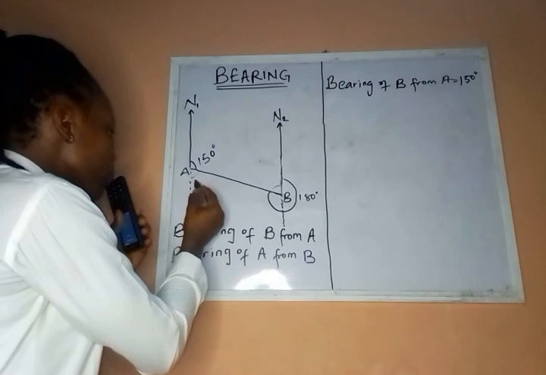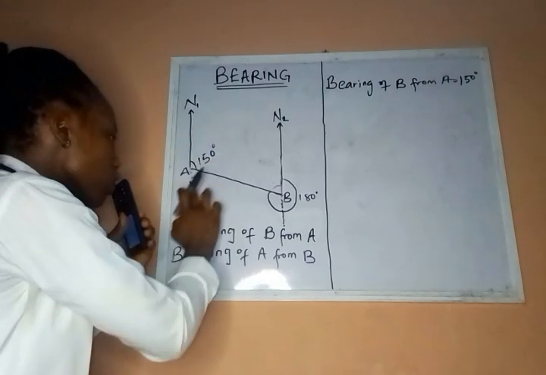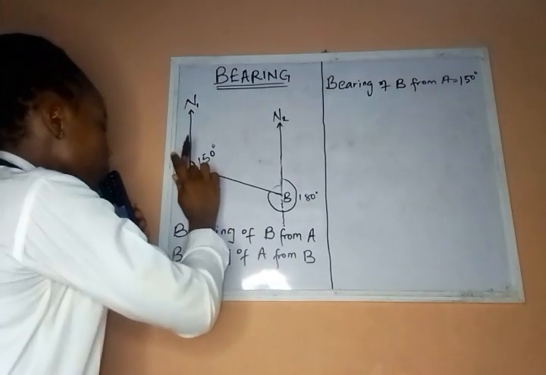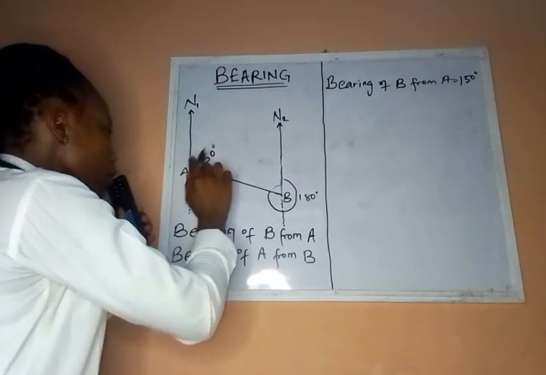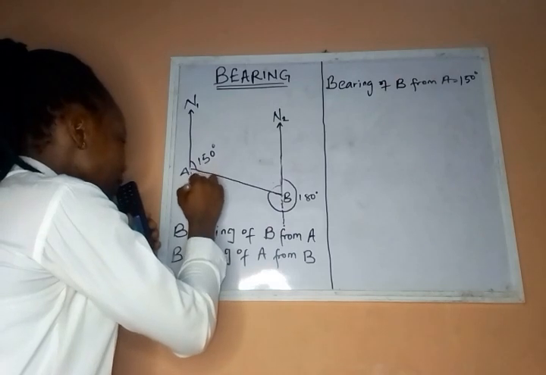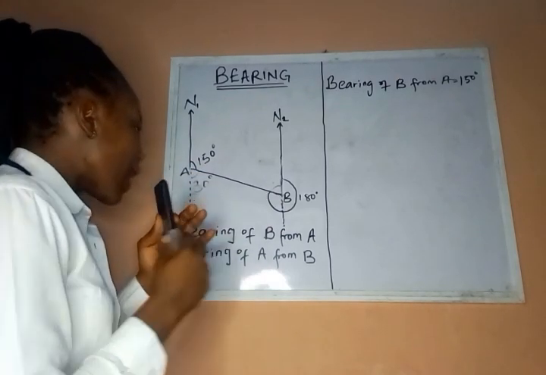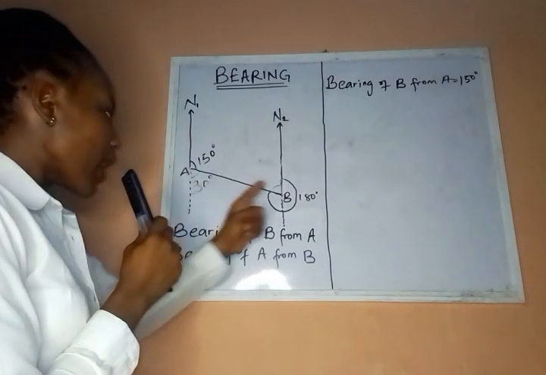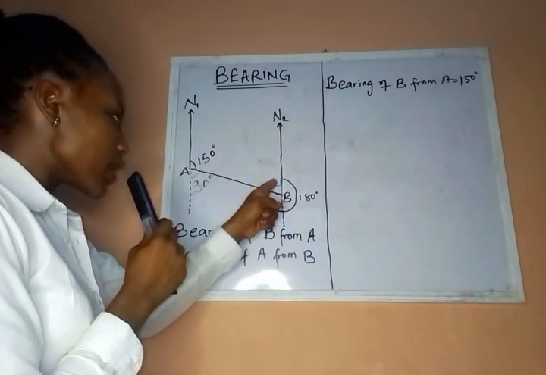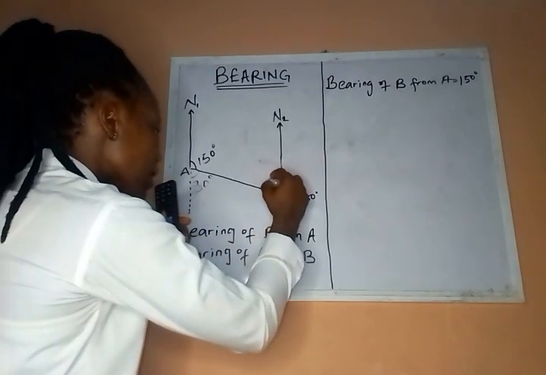And for us to find here, we have to subtract this from the total sum of angle. So subtracting 150 from 180, we are going to have 30. And since here is 30 and here is equal to here, alternating angle, that means here is going to be 30